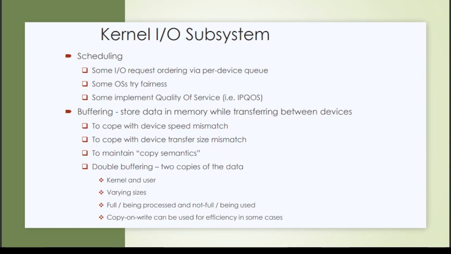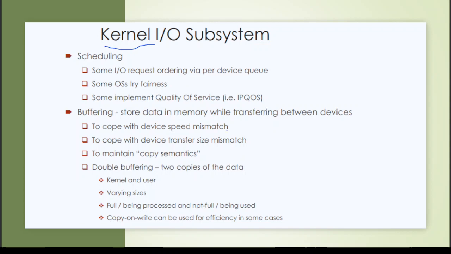Kernel IO subsystem. A kernel is a very core component of an OS that generally manages the IO devices, hardware devices, and software, or we can say it manages the resources and their power supplies and different instructions. Scheduling: some IO requests are ordered via a per-device queue, and some OSs strive for fairness, while some implement quality of service, IPQoS. We sometimes use buffering to store data in memory while transferring between devices to cope with